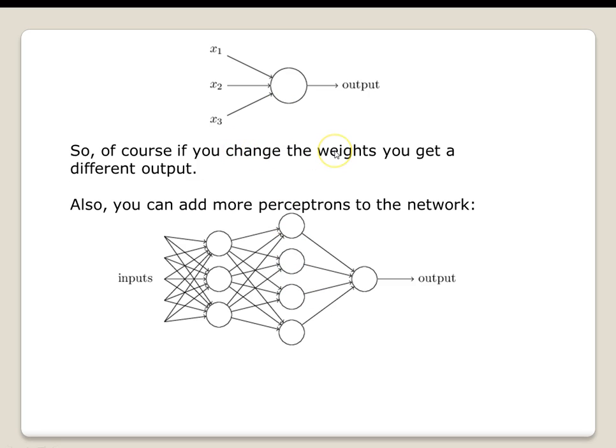Okay, so here's a perceptron, like we just said. So of course you can change the weights to get different outputs. So if I change these weights, I'll get some different responses, right? Okay? And also you can add more perceptrons to the network. So now we have more. So what we're saying here is these are the inputs over here. So this would be x1, x2, x3, x4, x5. Okay? And then we're going to take x1 and we're going to multiply it times weight,